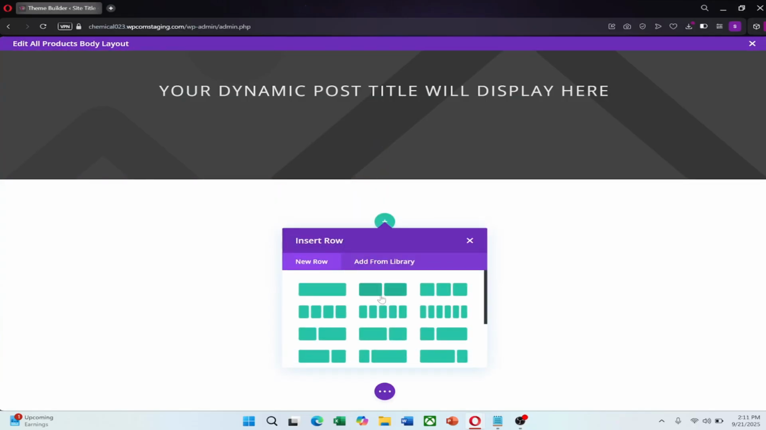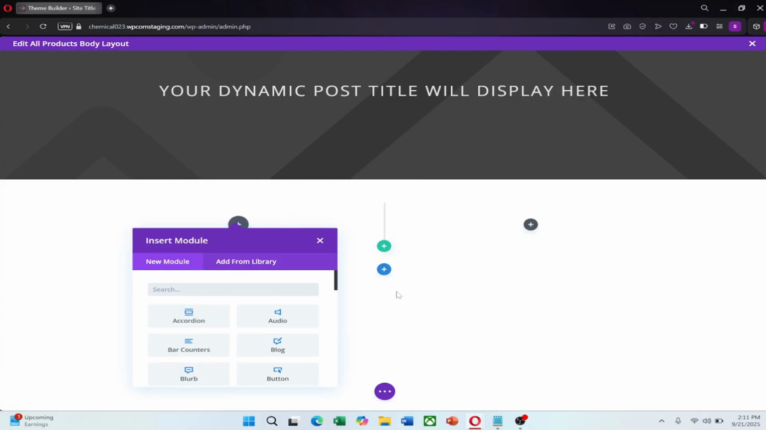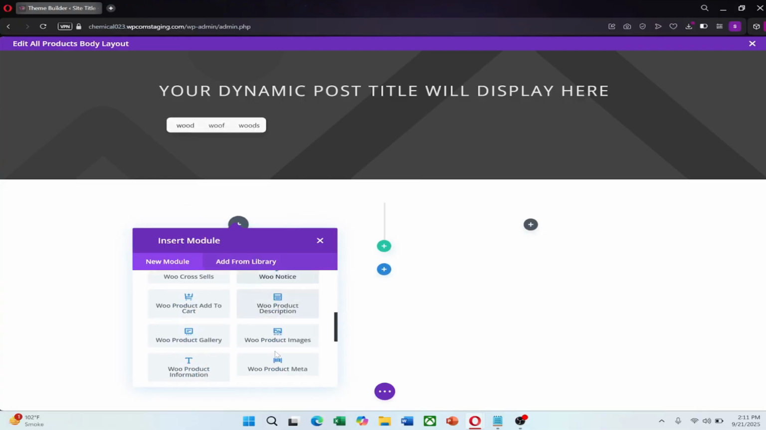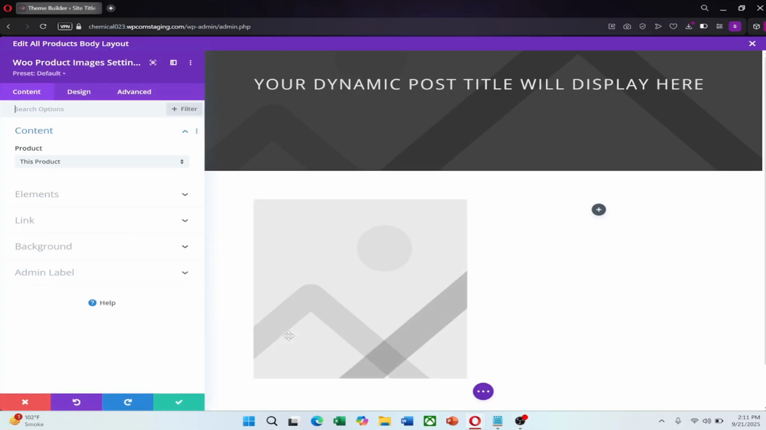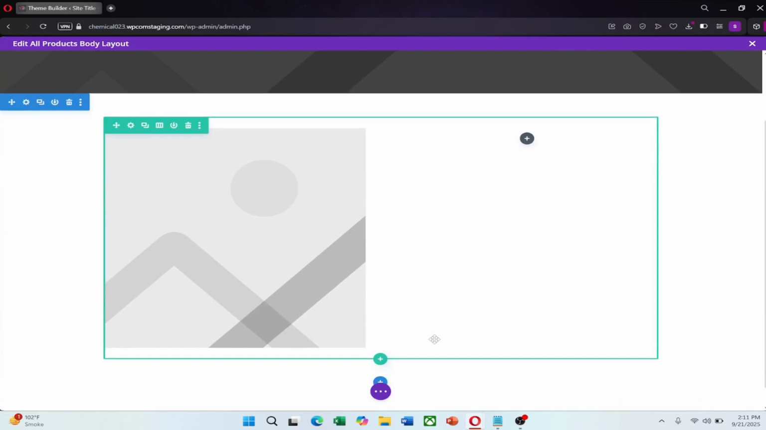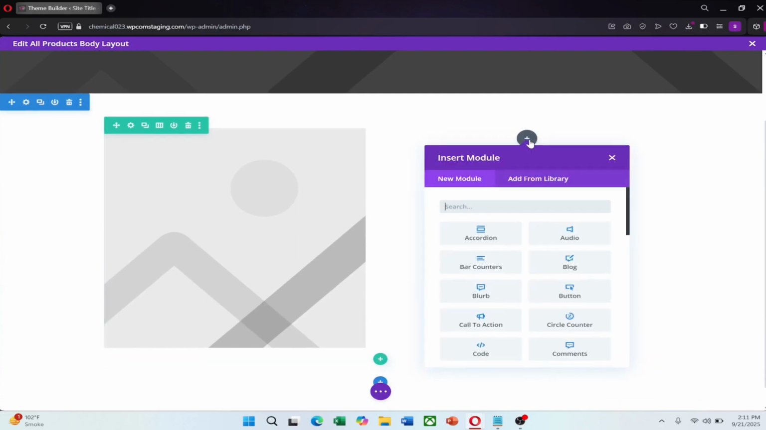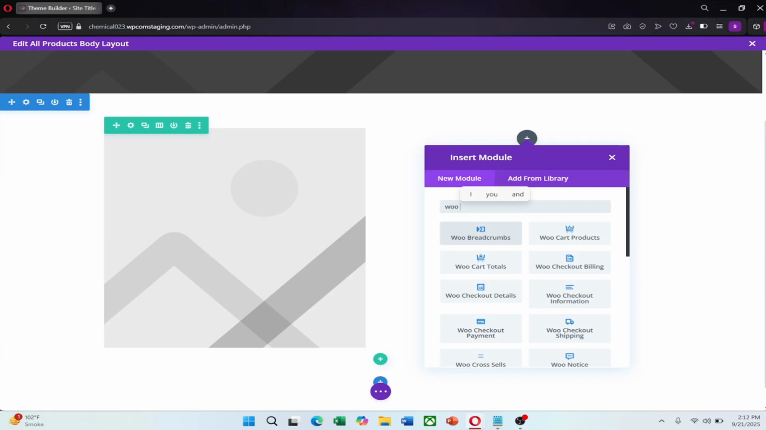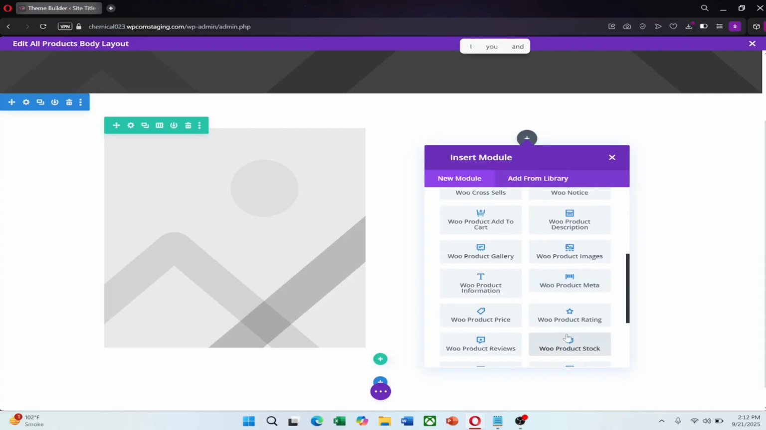Now let's move on to the next section. Add a regular layout with 2 columns. In the first column, we'll display the product images. To do this, add the WooCommerce Product Images module. Once selected, it will automatically show the product images you uploaded earlier. This is a solid start, and from here, we can continue enhancing the design to create a professional, engaging WooCommerce product page using Divi. I'm going to save that, and on the right side I'll start with the Woo title